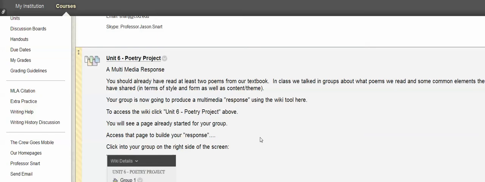Your group is probably picking one, two, maybe a few of the poems that various people have read within your group, and building a response. As I said in class, "response" is sort of an incomplete word for what we're trying to do here. We've used the term illumination before. You're trying to shine light on these poems in interesting ways, thinking in terms of an associative logic, like word association, image association, or idea association,